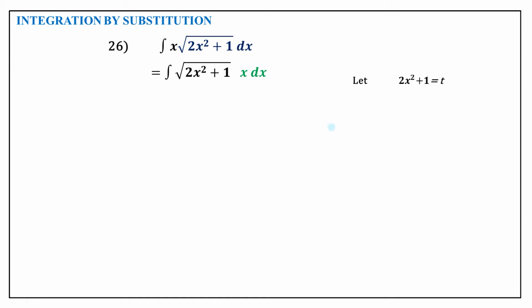When we differentiate both sides, 2x square differentiation is 2 into the differentiation of x square, which is 2x, plus 1 is a constant, which gives 0. So put the bracket and write dx when we differentiate the x term, and then t differentiation is 1, and when we differentiate t, we write dt. So 4x into dx is equal to dt. So we have only x into dx, so x into dx is dt by 4.